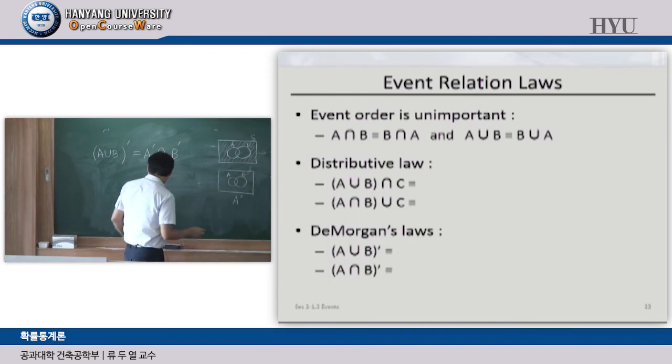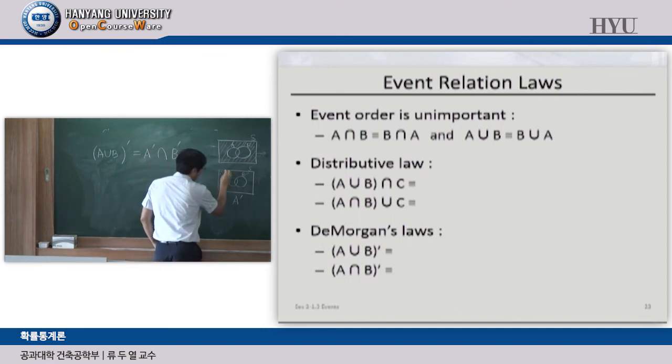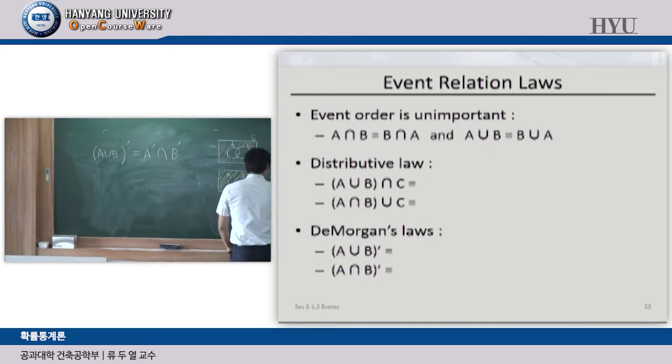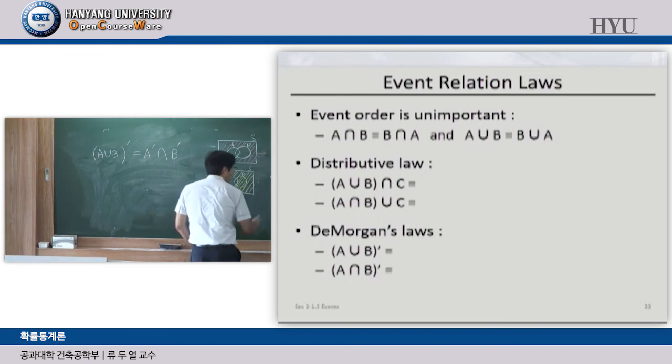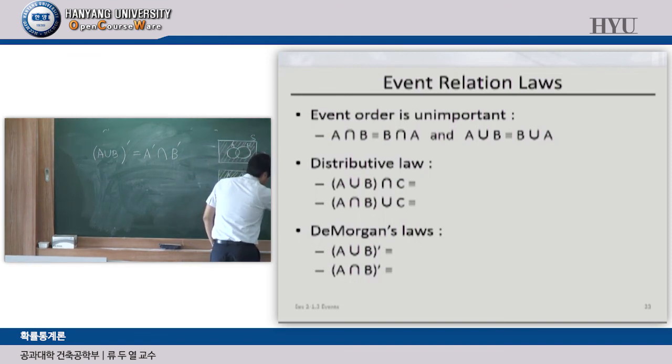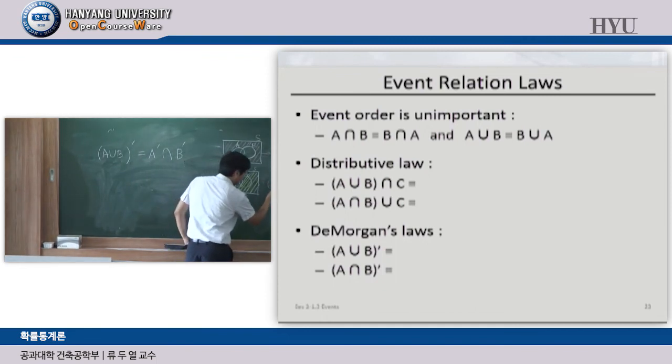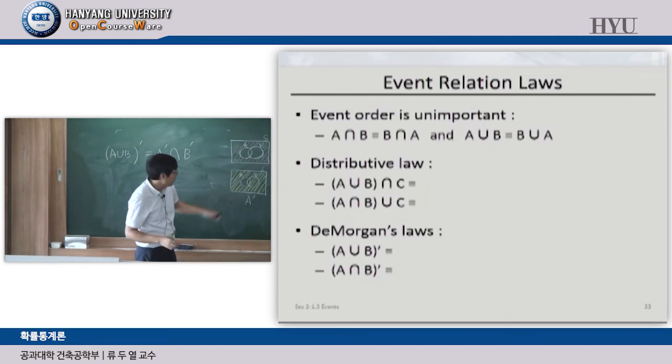So what is the complement of event A? In this case, that will be this shaded area, right? And what is the complement of event B? That will be this shaded area. So if we have an intersection between these two relationships, we can finally have